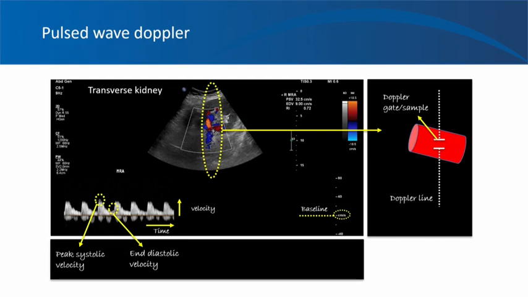In this image, there are a little bit of spikes in the region below the baseline. They probably represent velocities from the overlapping renal vein. And from this graph, you'll know the peak systolic velocity, this is the top part of this peak, and